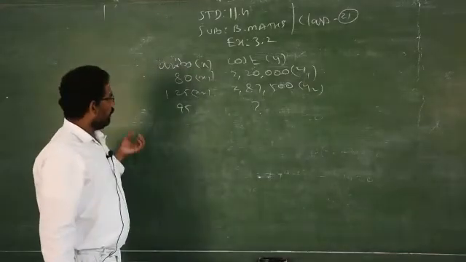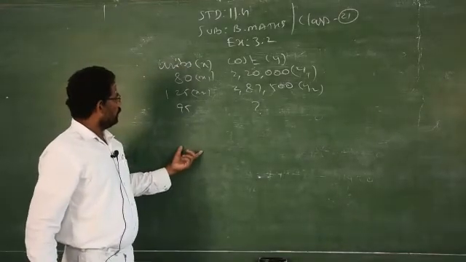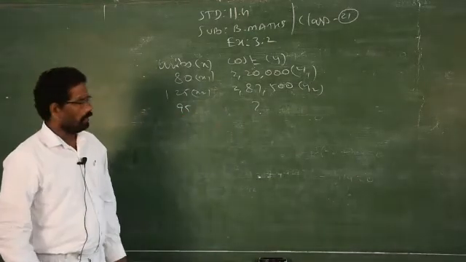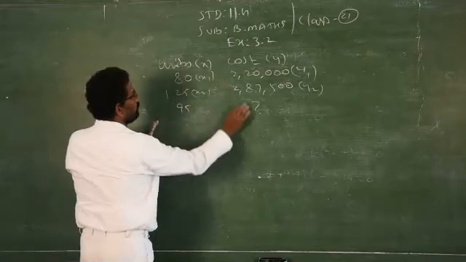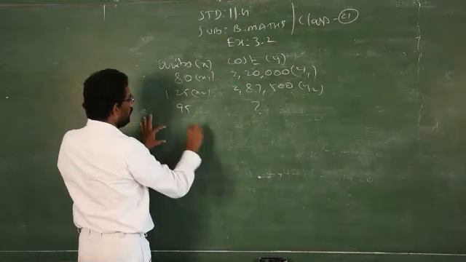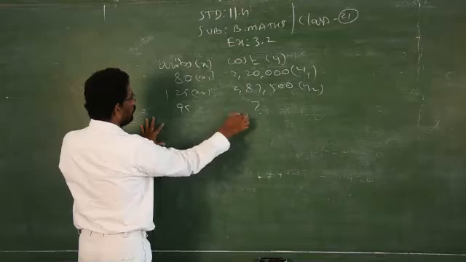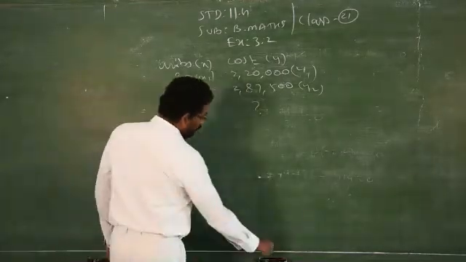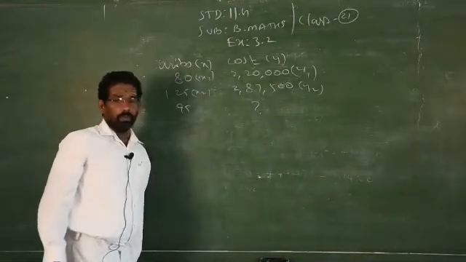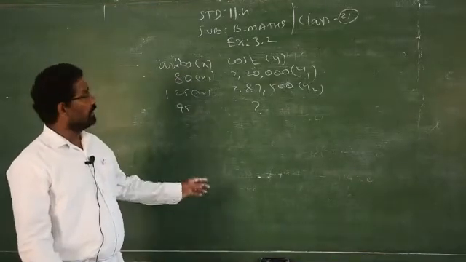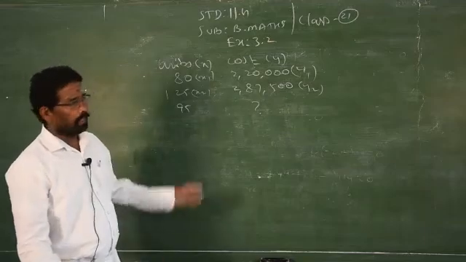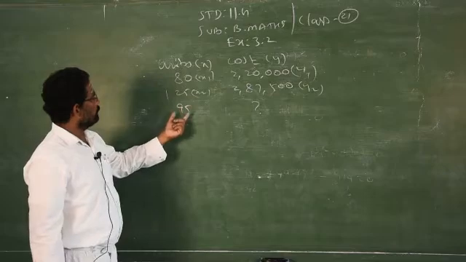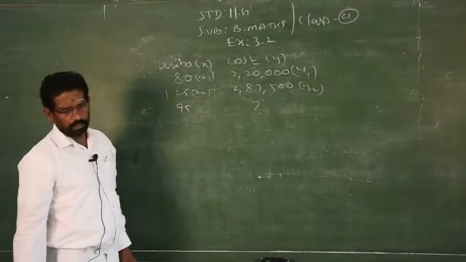Just find that equation, and in that equation you have to replace X by 95, and you will get Y. Clear? So you can use the 10th standard formula, try at home, and finally replace X by 95 to get the cost of producing 95 television sets. Don't apply the unitary method we studied in lower classes, inverse variation or direct variation, to find the cost of production of 95 TV sets. That is not allowed.